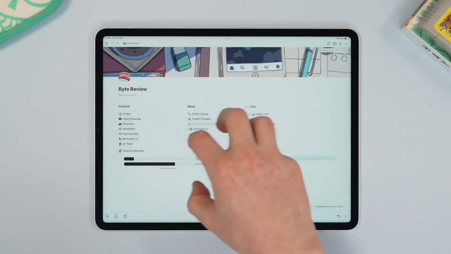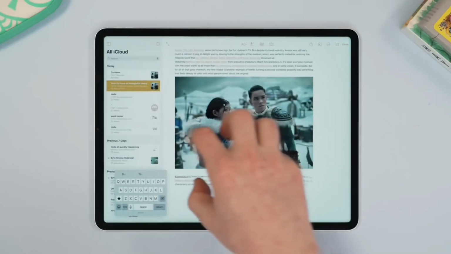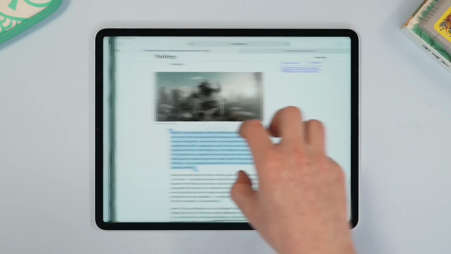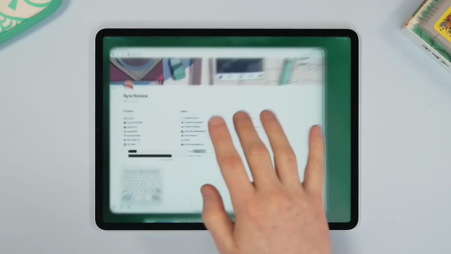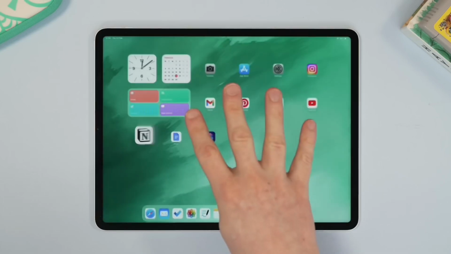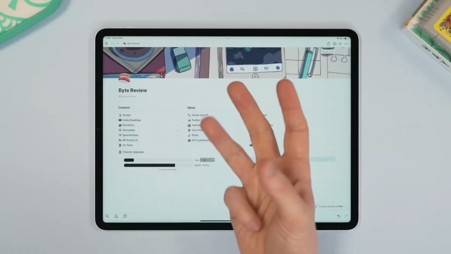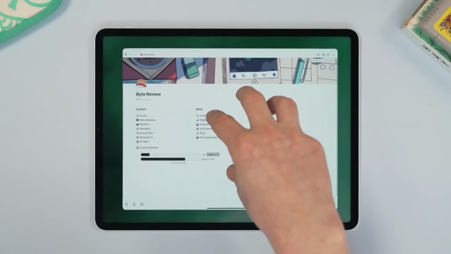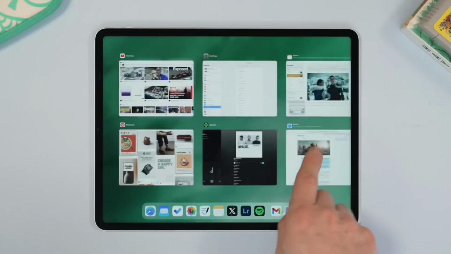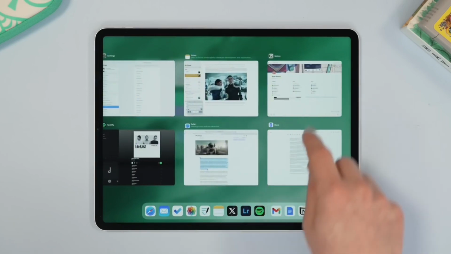Sticking with our fingers for now, if you use 4 fingers on your iPad and swipe left or right, it will switch apps, which again speeds things up massively. You can also pinch outwards with 4 fingers and that will take you back to your home screen regardless of where you are. And this last one, which is a little bit trickier to do: if you pinch in halfway with 4 fingers, it will open up the app switcher so you can jump to somewhere else completely.